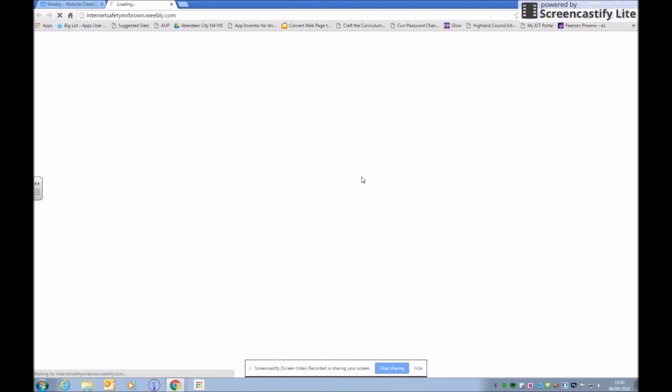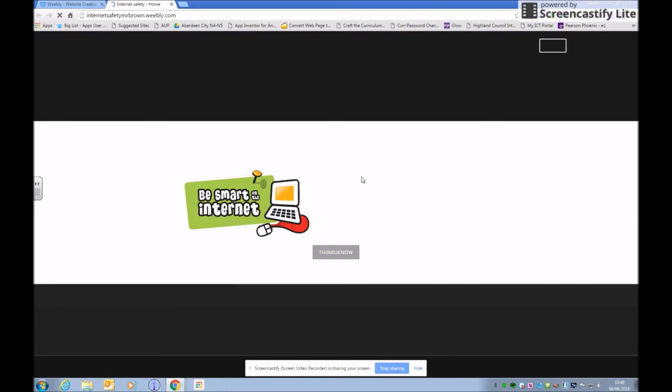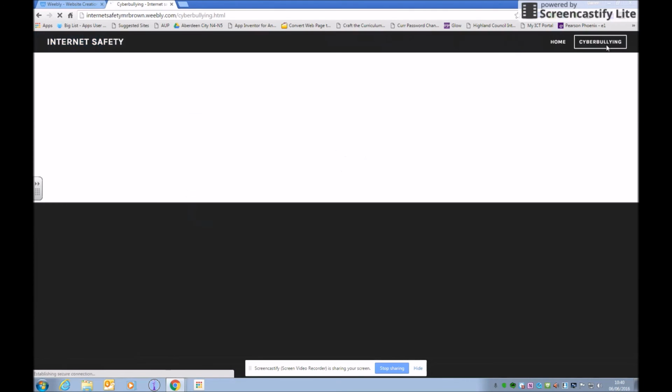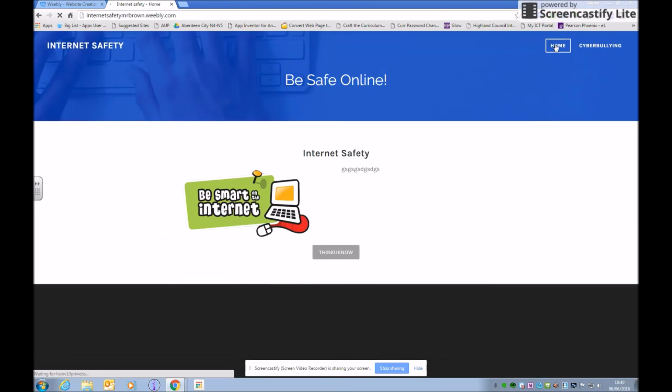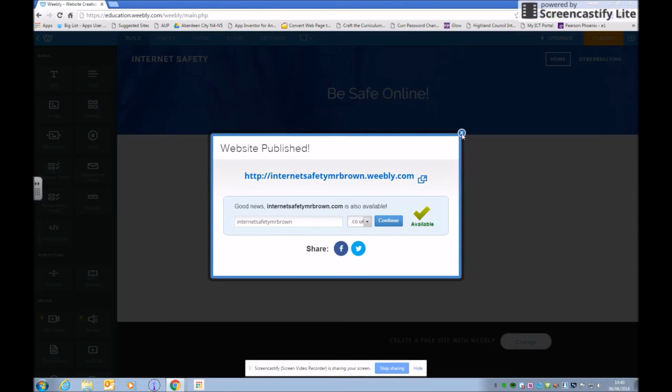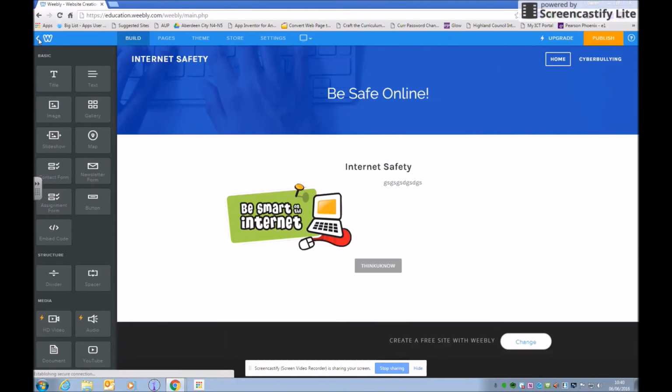But if you open it, this is my website actually opening on a normal Chrome tab itself, and that's what it looks like on the web, and it's there and it's ready to go, and you can link and you can move between the different bits. Although I didn't put anything on that cyberbullying page, and that is your actual website, so anybody could visit that now. Back on the build screen, the W here takes you back to the dashboard, teacher dashboard, and now you should see